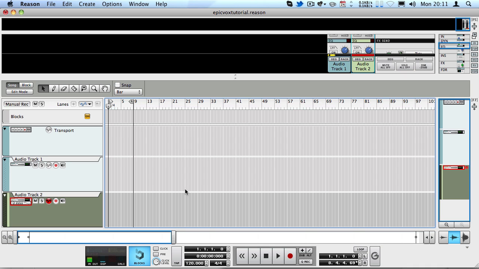Darren Code here, coming to you with a tutorial on the epic voiceover effect that's often heard in commercials and trailers and advertisements and that kind of stuff. Also on the radio. It's actually quite simple. It's just some equalizers and some maximization and a compressor, and I'm going to show you how I set this